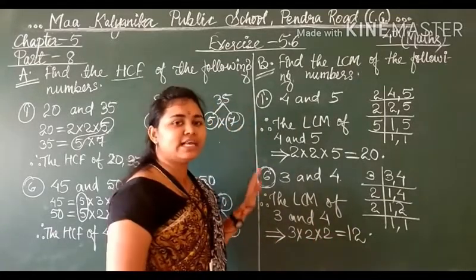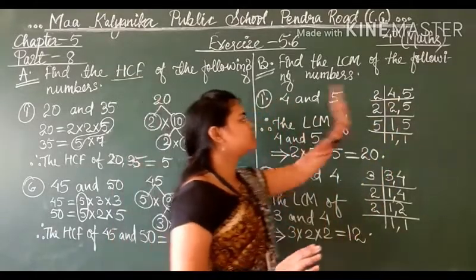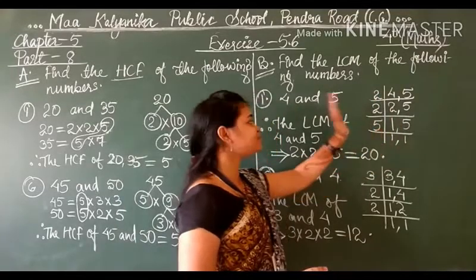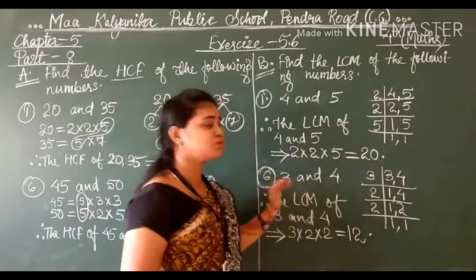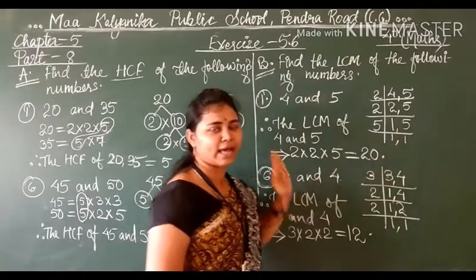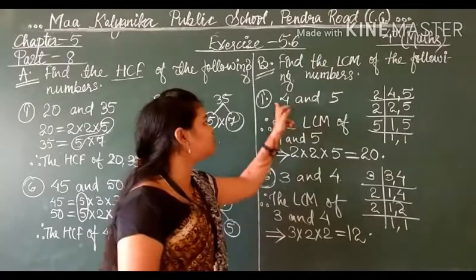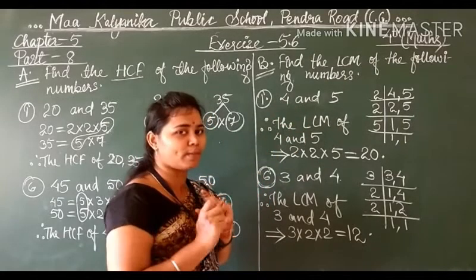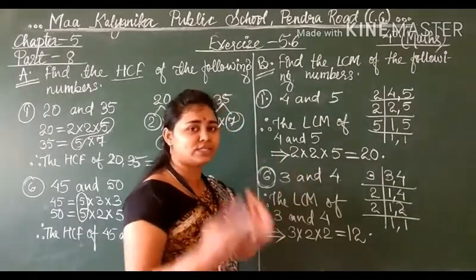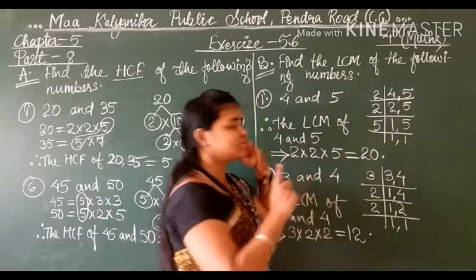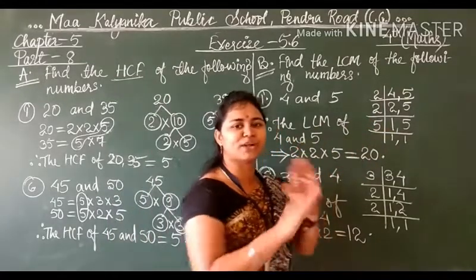So the simplest and easiest method of finding the LCM is this short division method. What you can do? Write both the numbers and divide them. After finding all these numbers, what we have to do? Simply write all the factors and multiply them. As we have done in the first method, we wrote the multiples of both the numbers and found the least common multiple, the smallest common multiple. That is one method. This is the second method, but I suggest you follow this method, because in the first method you have to write the complete tables. But here, simply by division, you can find the answer.